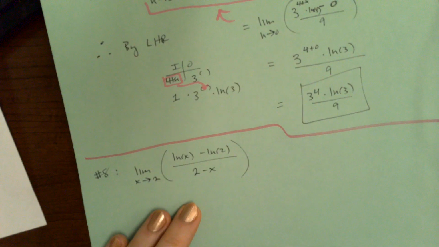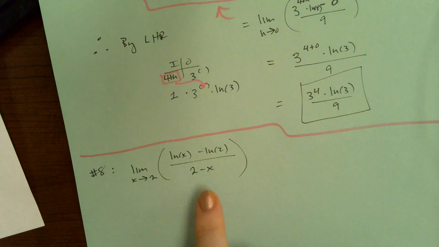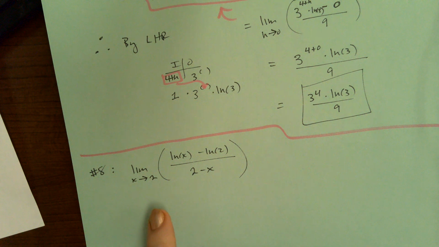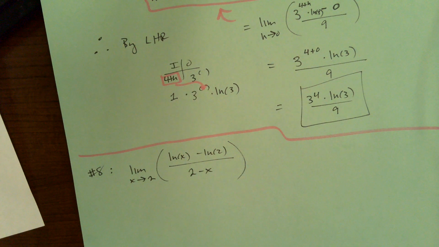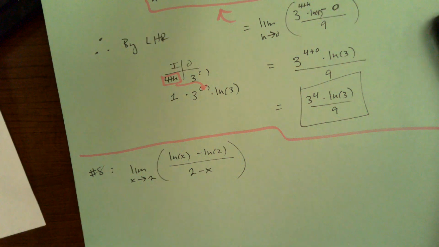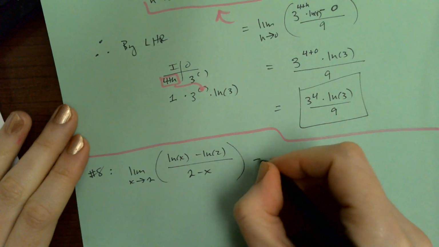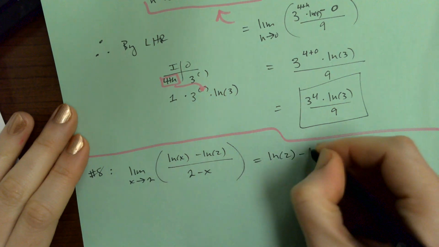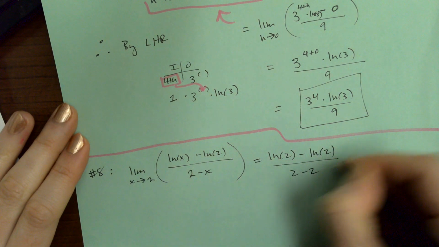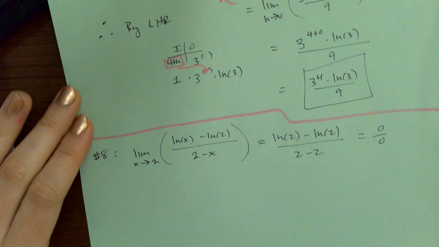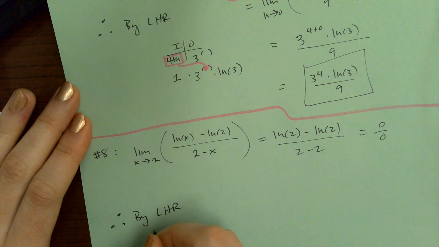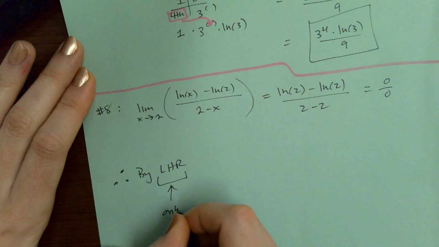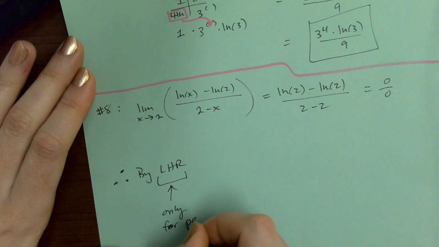All right, let's do this one. This one comes from the limit definition of the derivative where x is approaching c. You'd have to factor out a negative from the bottom to get it in that form, but we don't even need it because we've got L'Hopital's rule. First, you do direct substitution. That's natural log of 2 minus natural log of 2 over 2 minus 2, which is 0 over 0. Therefore, by L'Hopital's rule, only for practice,